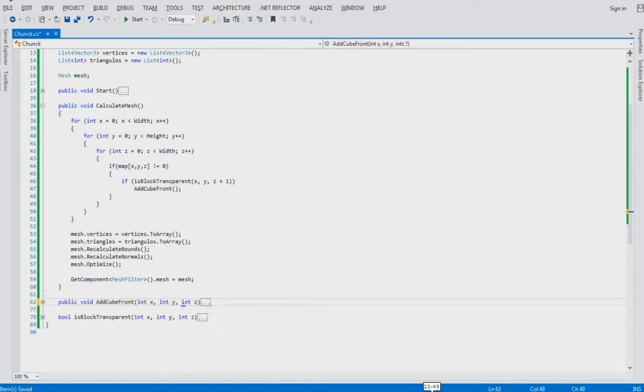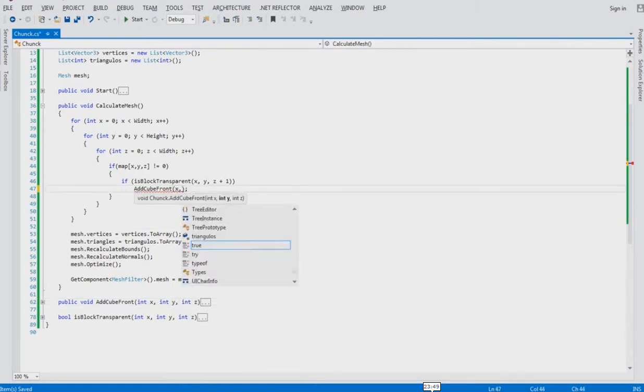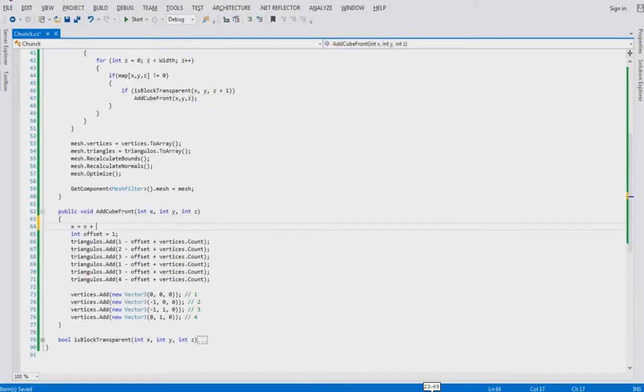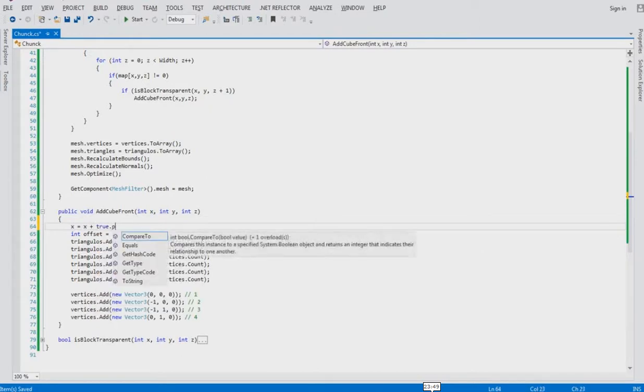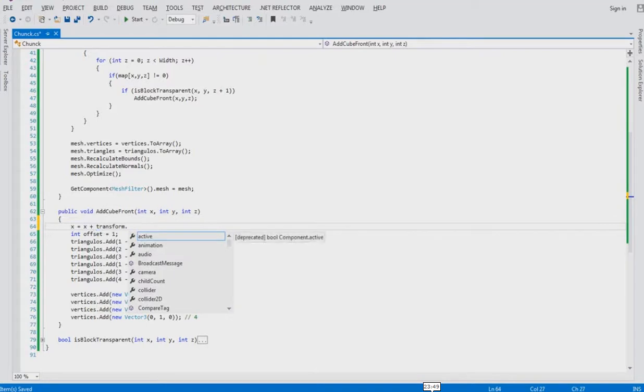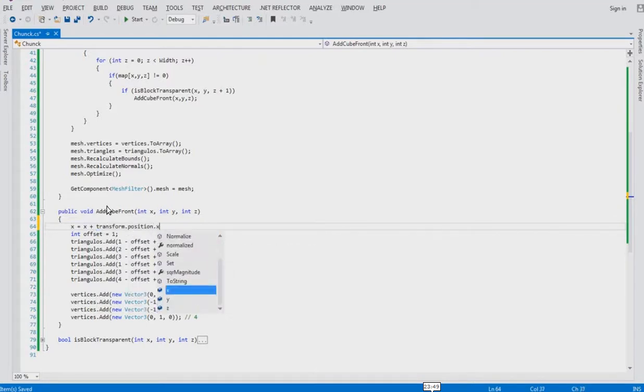And on the add face, we're gonna add some coordinates, so we need to set the position of the face, otherwise it will be all just zeroed out. And then we need to add the offset to the vectors. So instead of 0, we say x, and this part is not needed. This will give you just problems, so don't do this. This was me being stupid at the moment,